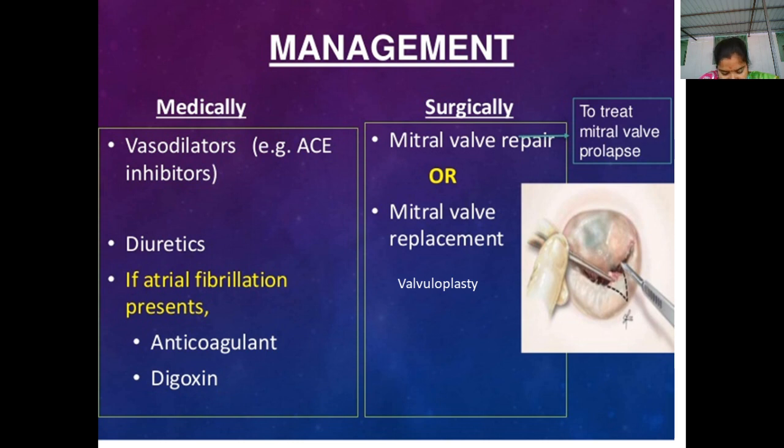Definitely, by completing the CVS system in pharmacology, in MSN and in pathology, you should remember the pathological changes. In MSN you have to remember the nursing management and medical management, and in pharmacology you have to see the pharmacological drugs. By completion of these chapters, I already completed, you have to say what is meant by diuretic.